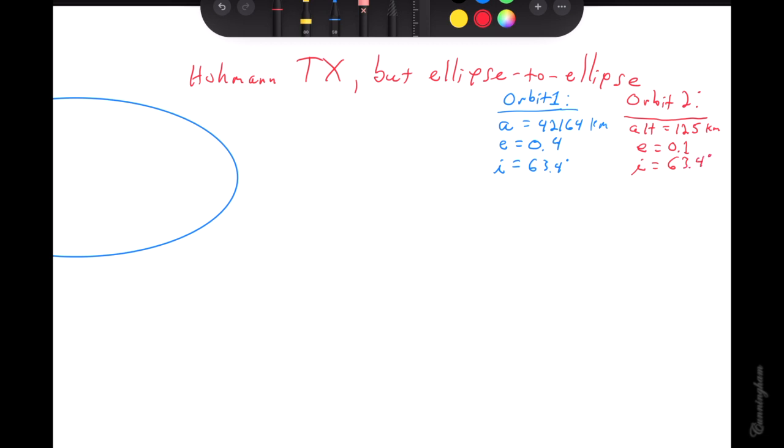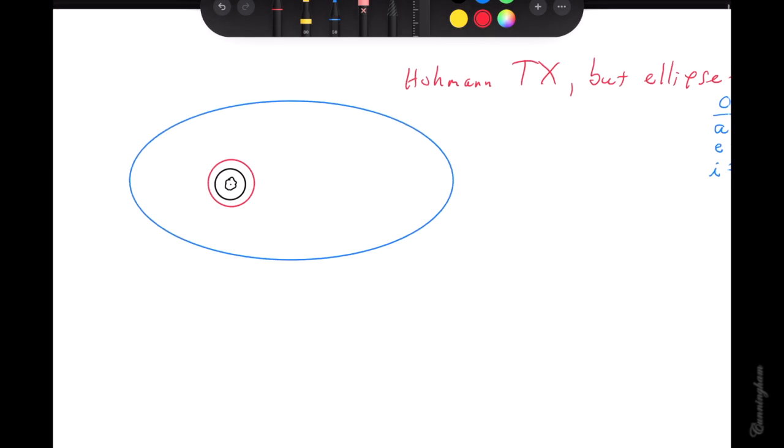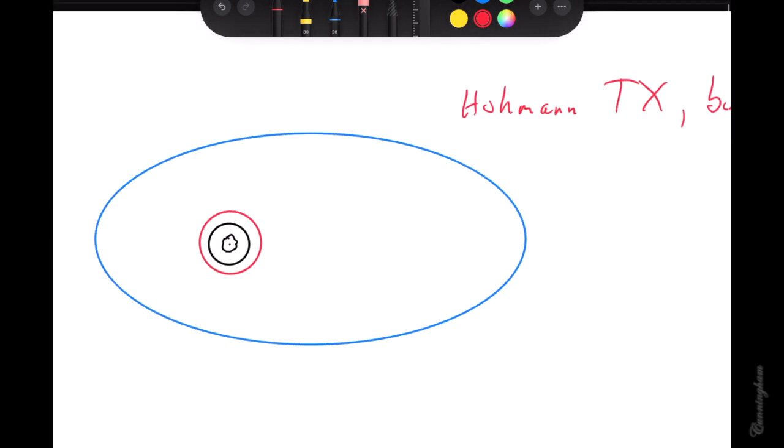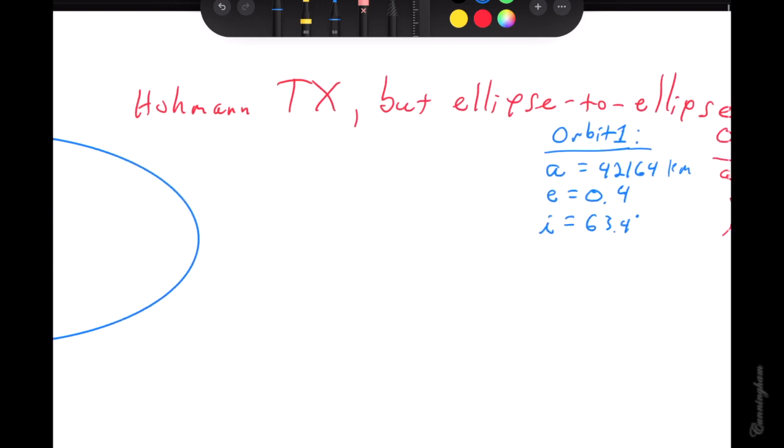Otherwise, we'd have to do a plane change, and that is a story for another time. So we're not changing inclination. We're just going from big orbit to small orbit. And not only that, let's say we want to burn from, let's say I want to go from perigee of my transfer orbit